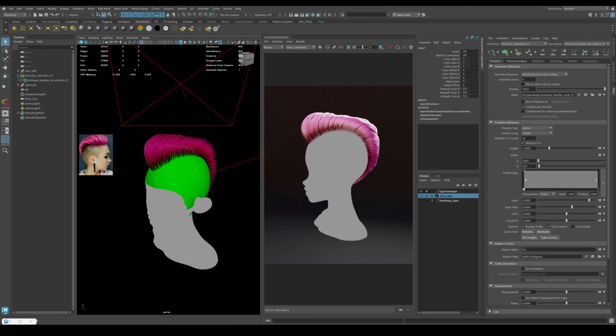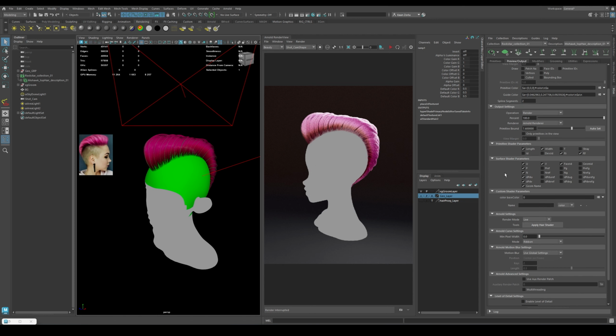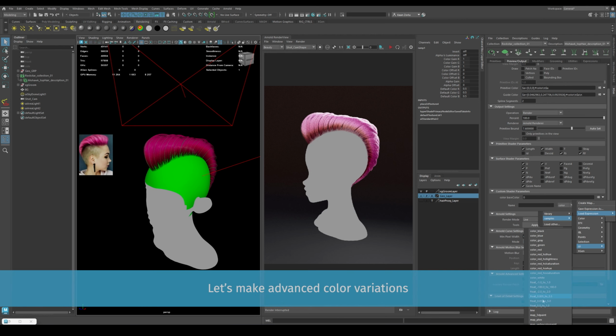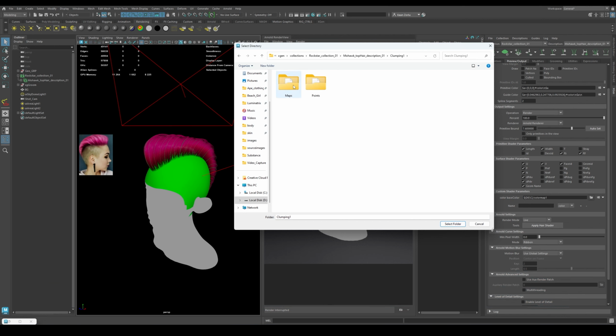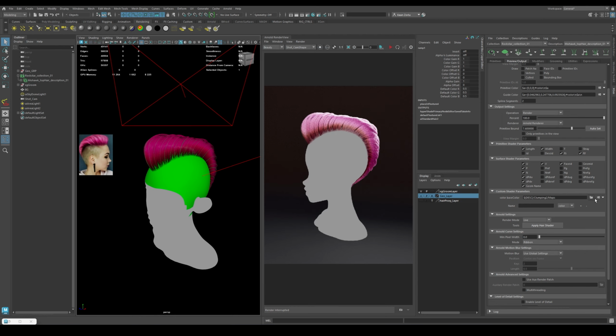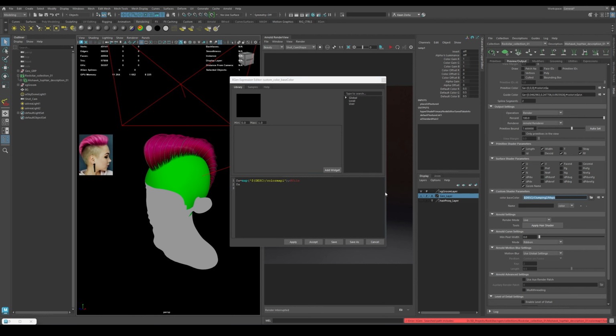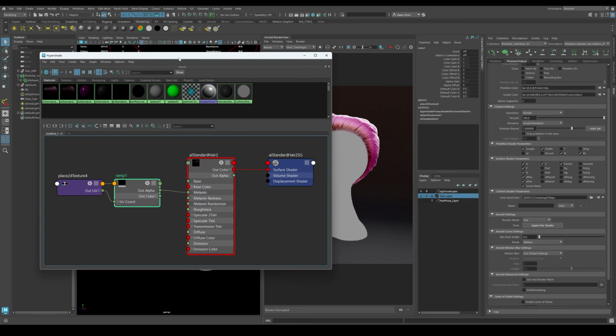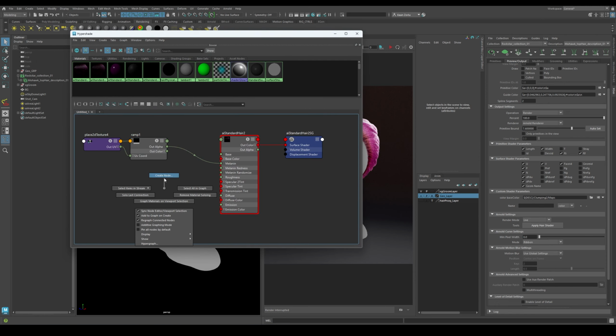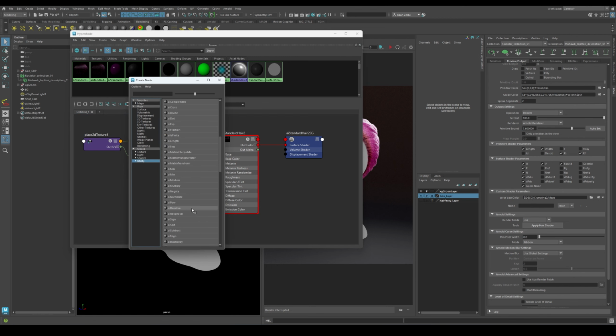Okay, now let's go back to our custom shader parameters that we created under the preview tab. I'll click on the arrow near it and choose the PTX map. I will choose the clump 2 map that is already created. I will use this map to give me variations in color for my hairstyle. As you know, XGEN will create a clump map depending on the radius we have created for the clump modifier. And now I will use this map to